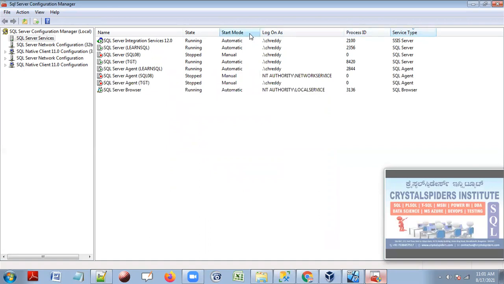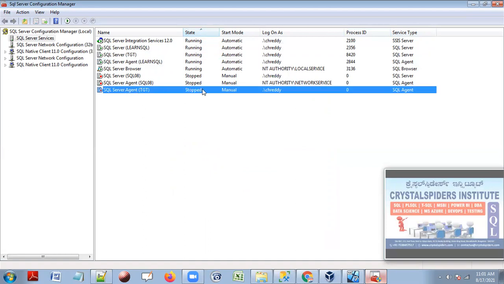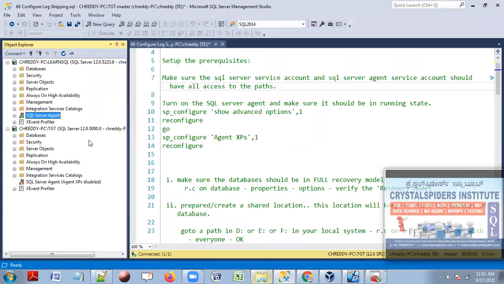So now these are the service accounts. I set up these service accounts for Learn SQL and TGT, the agent services as well as the SQL servers. So I have to make sure this agent is in a running state, guys. Somehow it is in a stopped state. We have to run it. So now what I'm going to do is first enable SQL Server agent XPs, and then I will start this agent service.